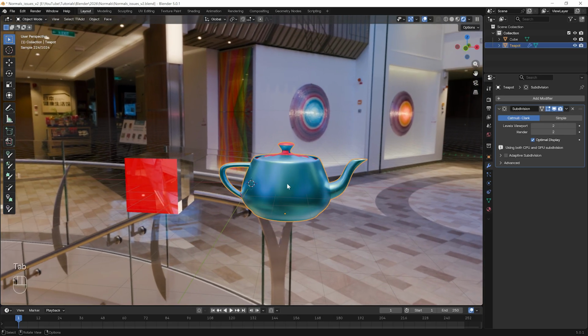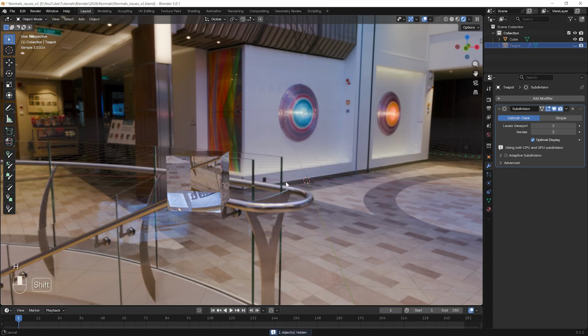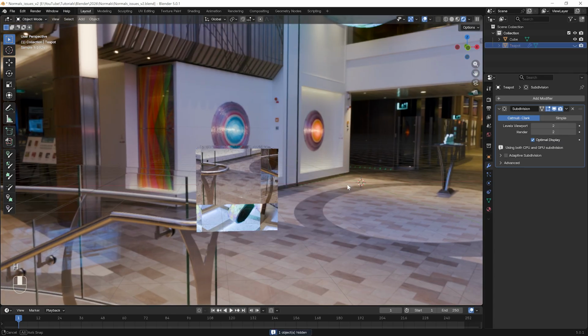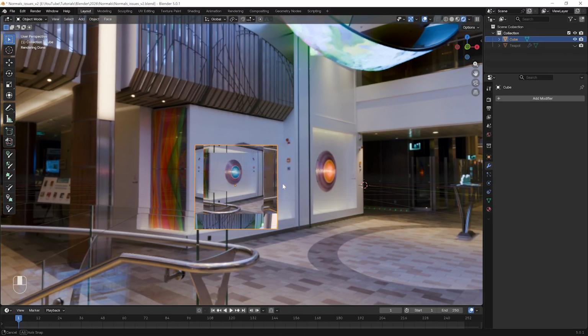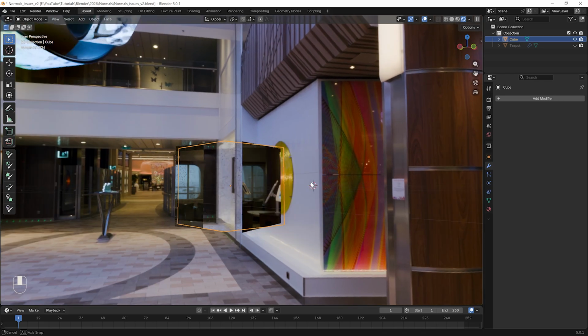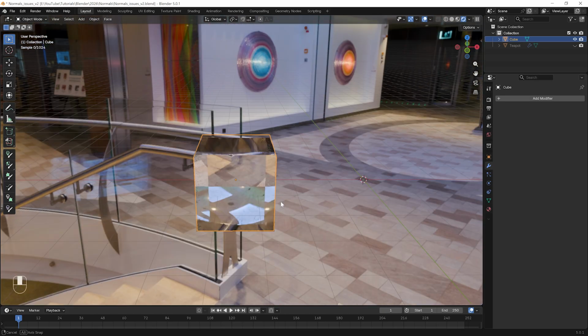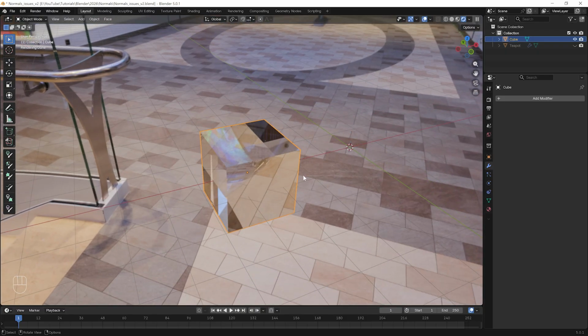Let's look at the cube and some shading and extruding issues that can happen when your normals are flipped. I'll hide the teapot by selecting it and pressing H to hide. The cube still has a flipped front face. This causes issues with the glass shader, and as you can see, the objects we're looking at through that face look smaller. Before fixing it, I will show you what happens when you extrude a face with flipped normals.